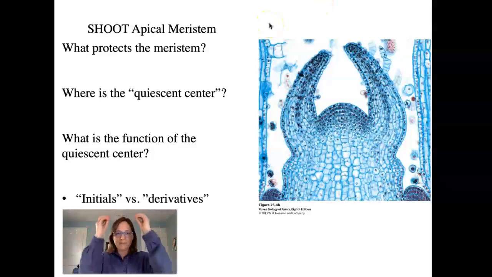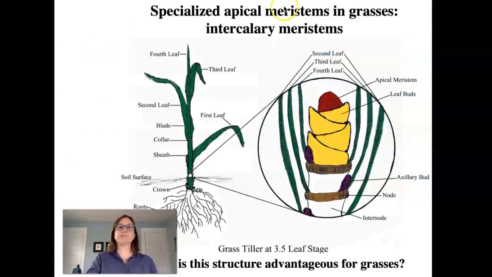Those cells that divide very, very rarely are called initials, and the cells that they produce, sort of daughter cells that then divide rapidly and are responsible for the plant producing new tissues, are called derivatives. All right, one more thing about the shoot apical meristem I wanted to mention in grasses,